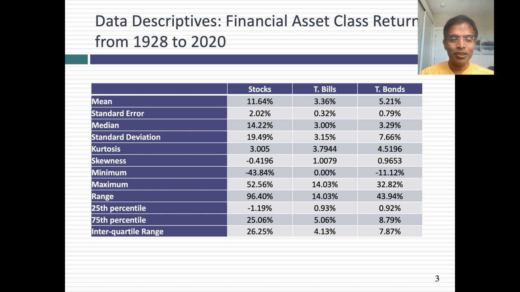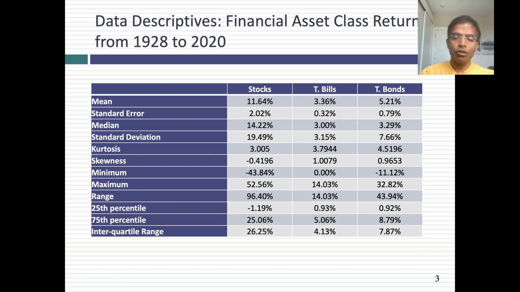Now remember, the reason the median and the average diverge is because you have asymmetry. And because the median is higher than the average, you can pretty much guess that the asymmetry is going to show up as negative skewness. At least with annual stock returns in the US, you have a slightly negative skew, which is you're more likely to get extreme negative observations than extreme positive ones. So the negative skewness leads the median to be higher than the average. But if you look at T-bills and T-bonds, you see the opposite happening. Why? Because those distributions tend to be positively skewed.